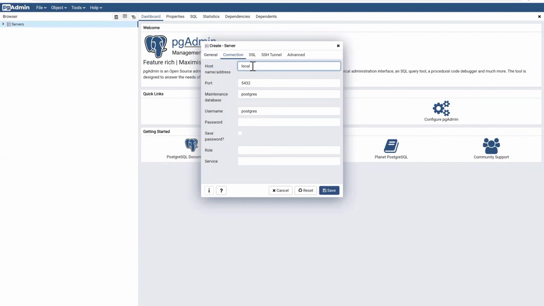The port number is 5432. By default, a Postgres database will be created, and the default username is also postgres. We can use the super password to connect to this database, and click on save.